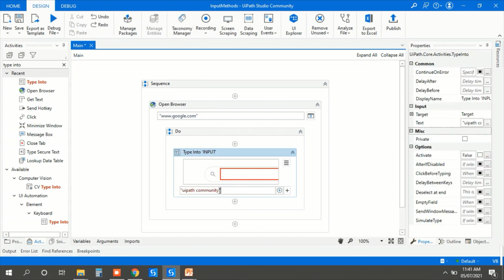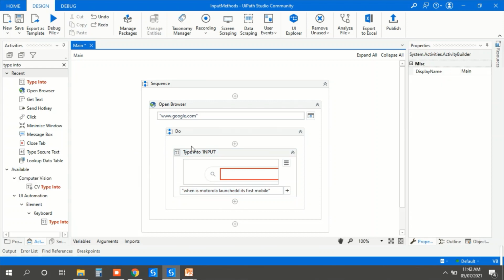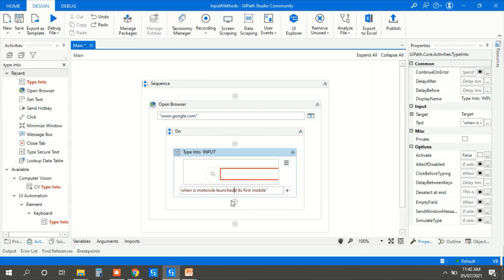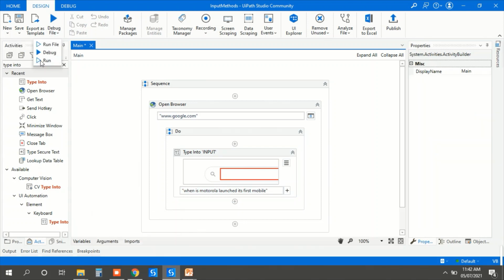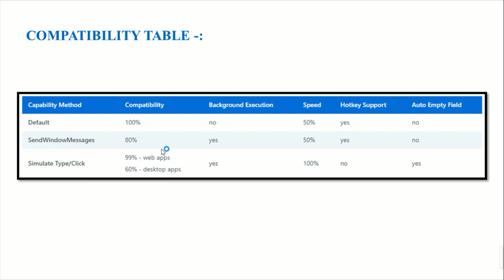Let me take something longer than UiPath community. Let's say Motorola launch its first mobile. Okay, something like this. Now again run this, and again let me close and open something else.